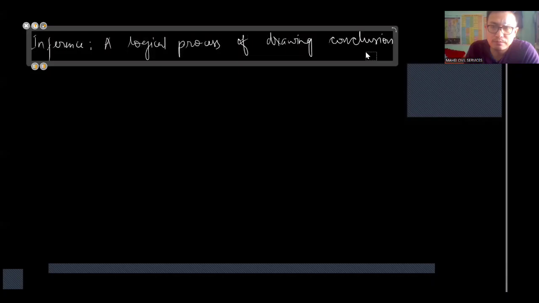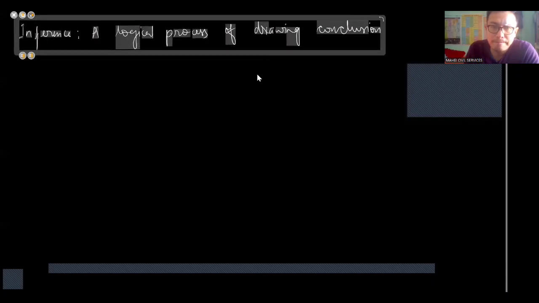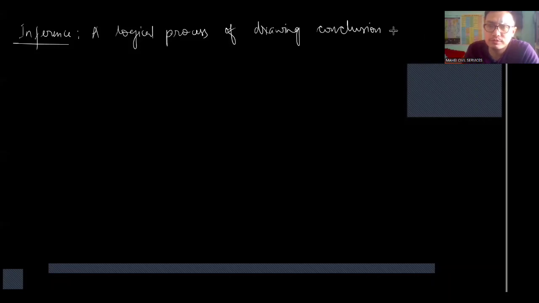Why is it logical? From the premise we infer logically, the process of drawing conclusion. What is an inference? An inference is the logical process of drawing conclusion